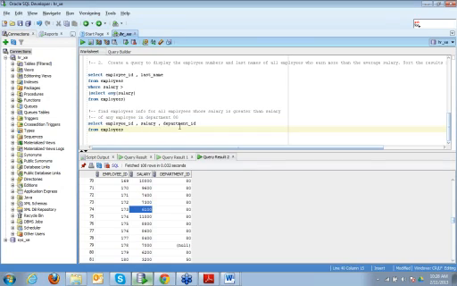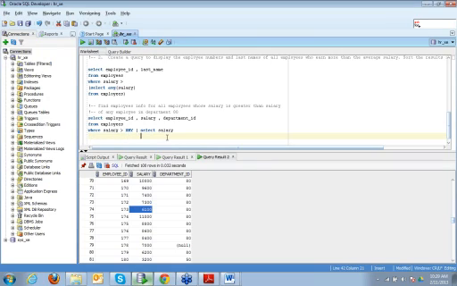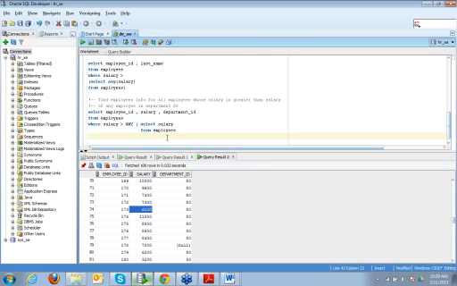So I would say select employee ID, salary, department ID from employees where salary is greater than ANY, select salary from employees where department ID is equal to 80.